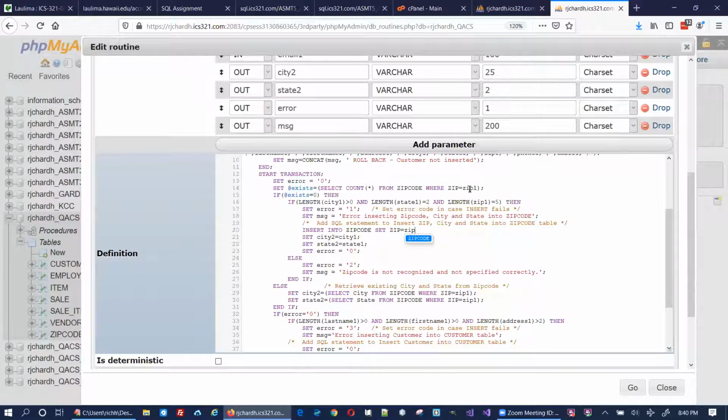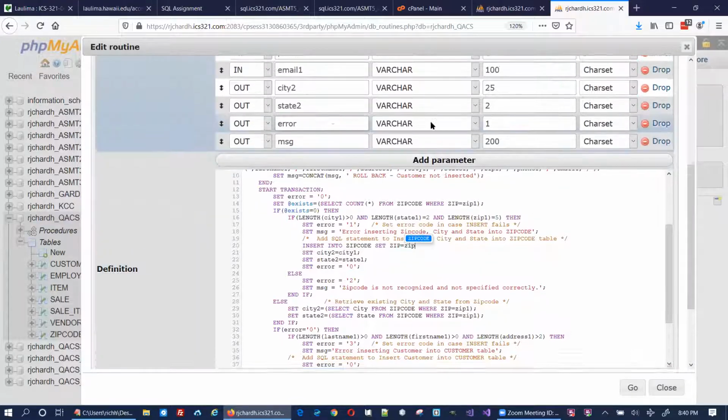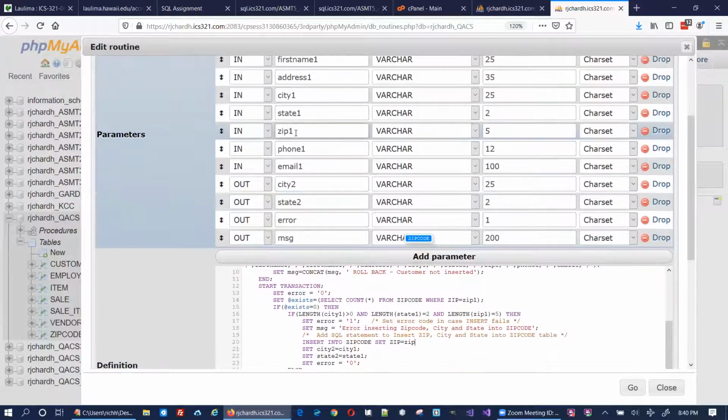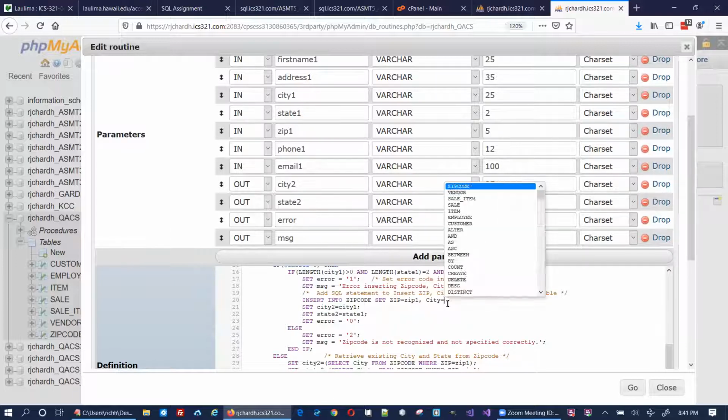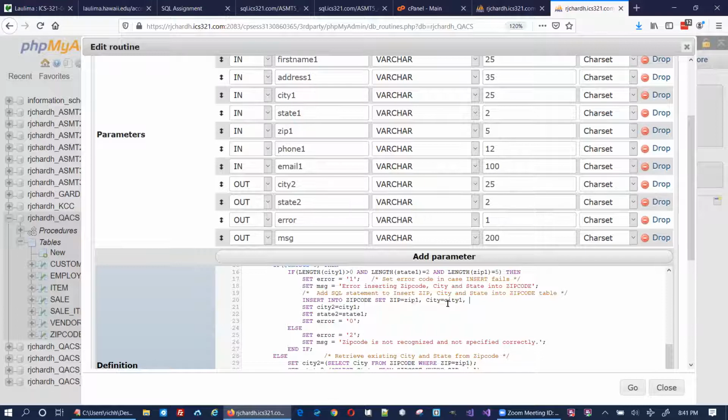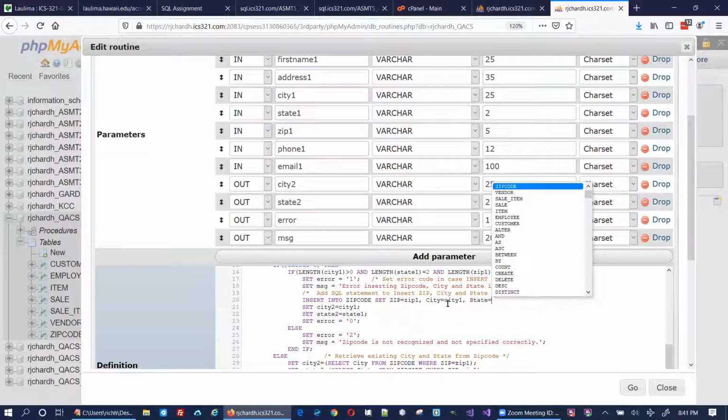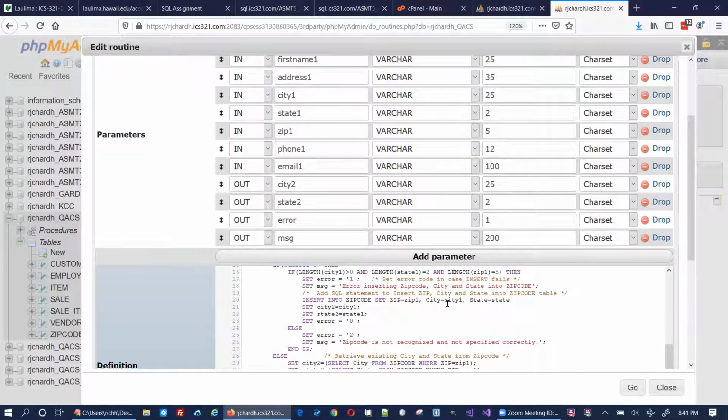That's this thing right here. That's this right here, zip 1, comma, city equals city 1, comma, state equals state 1,